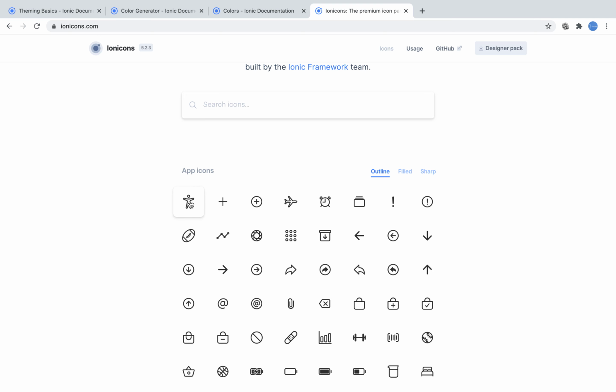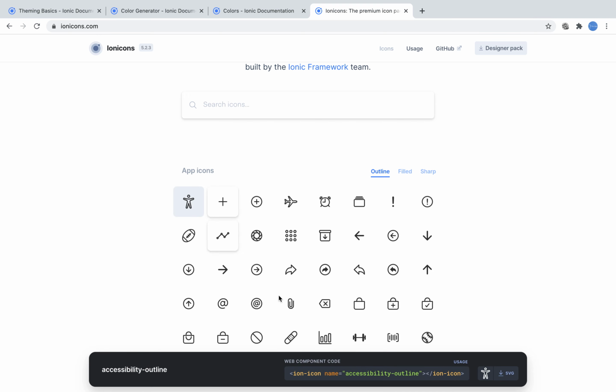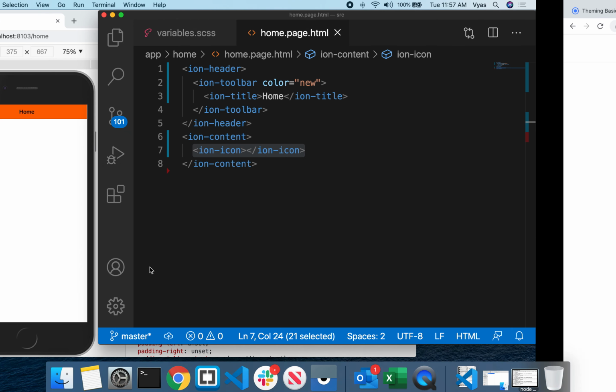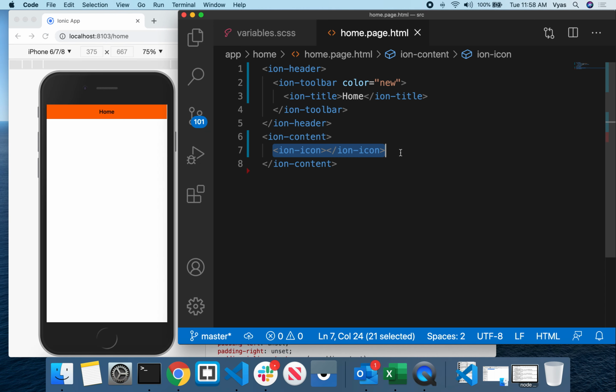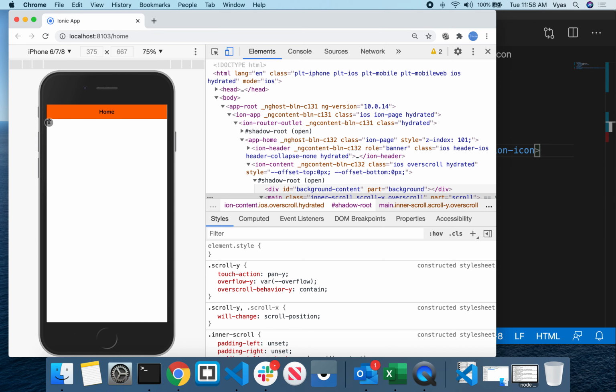Let us think I want to display this icon. Click on this icon, and it will give the icon tag with the name of the icon. Simply copy this code and paste it here. When you paste this code, it will display the icon inside our HTML page. You can see here it is displaying an icon inside our HTML page.